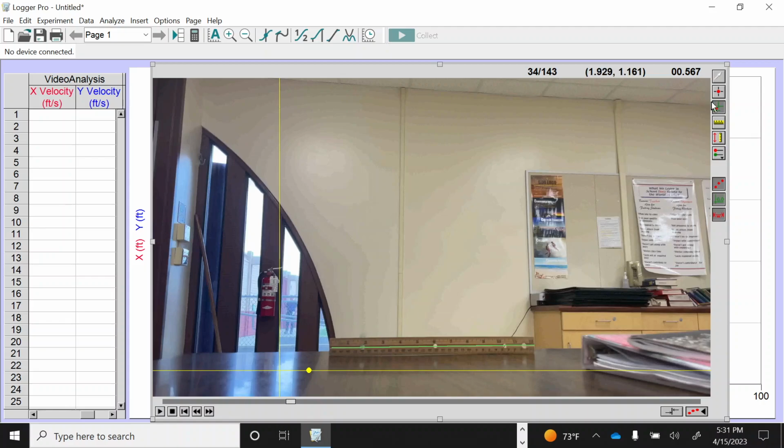And so now, if I go up here to add point, click that. And I've got to be careful now where I click, because what's about to happen is I want to add a point in the location where the projectile is in this frame of the video. So I'm going to go right about there, I'm going to click right there. And I don't know if you can see it, but right there is a tiny blue dot that has been added